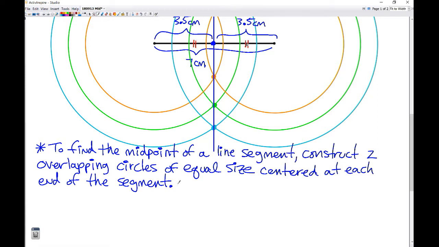That means they have the same radius, so you use the same compass measurements. And those circles were centered at each of the ends of the line segment, right? So when we created those circles, the center point, or the point on our compass, was the end of the line segments. All right, now last thing we want to say here is the line